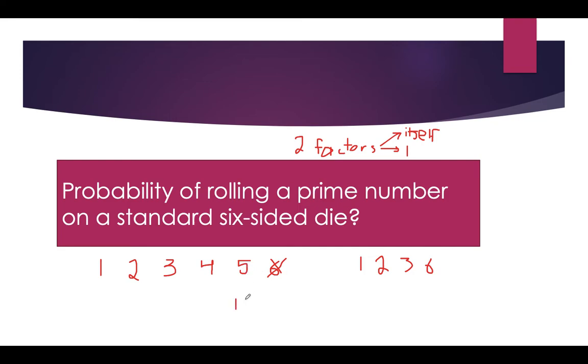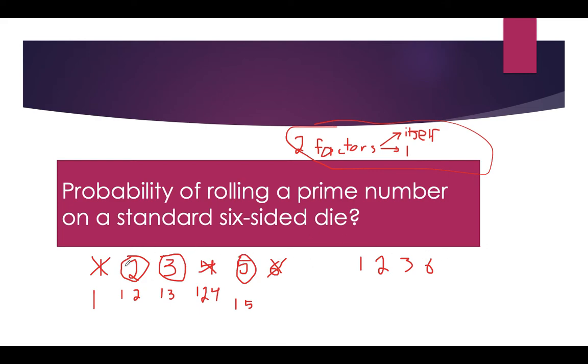5 only has factors of 1 and 5. So 5 is a prime number. 4 is not, because you have 1, 2, and 4. Those are all factors of 4. So that's not a prime number. 3 is because we only have 1 and 3. 2 is because we only have 1 and 2. And 1 is actually not a prime number because the only factor is 1. And to be a prime number, you have to have 2 factors. So we have